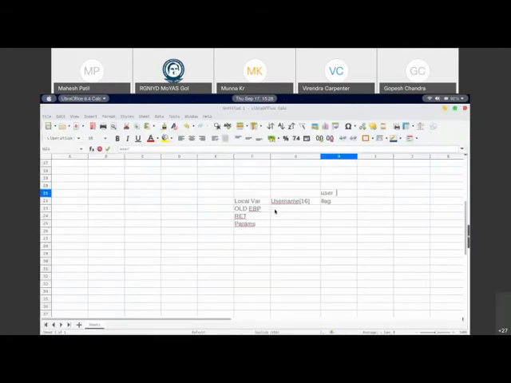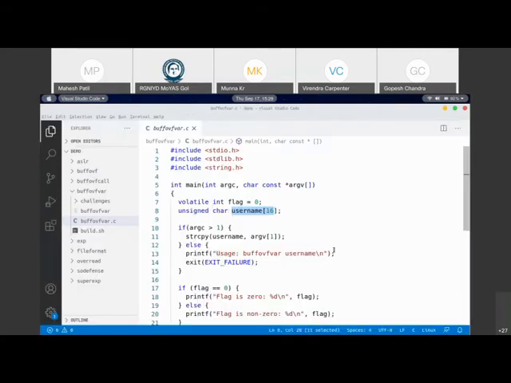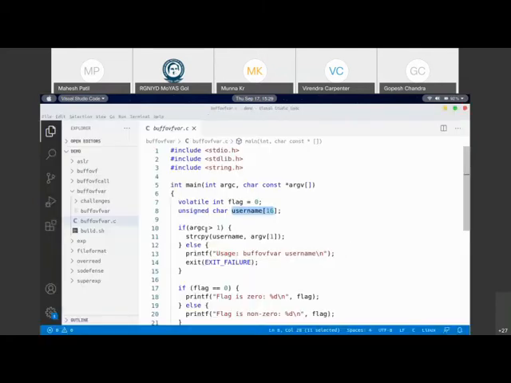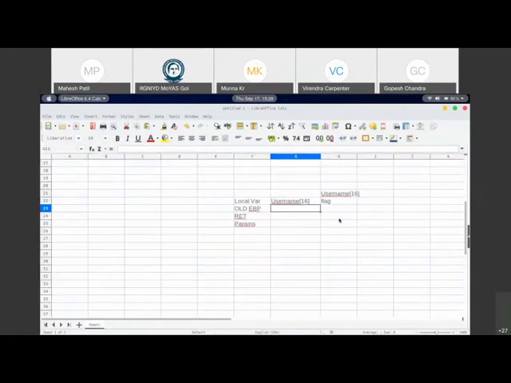This username is 16 bytes in size, correct? So on the stack, we have the flag as well as the username. And since main is also a function, it's going to have an old EBP and a return address.